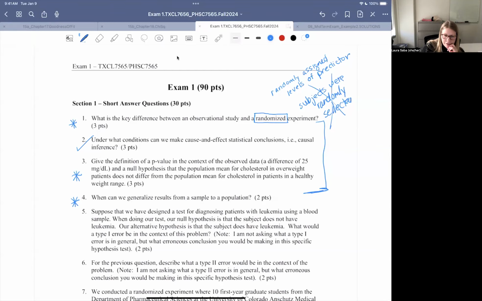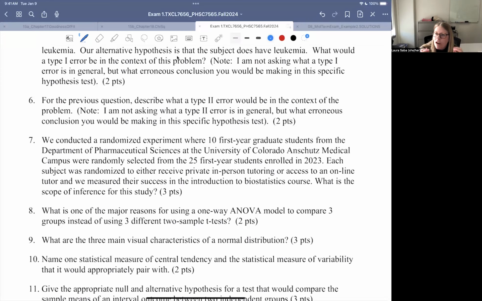When we're talking about number 7 here, when we conduct a randomized experiment where 10 students, so our scope of inference, remember our scope of inference is the population that our sample was randomly drawn from. So if you put the number 10 anywhere in your answer, you got points marked off because that's your sample size. That's not your population size. That's not the only population that you can make assumptions out of, right? Some things